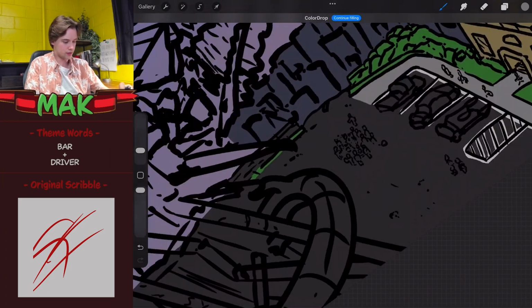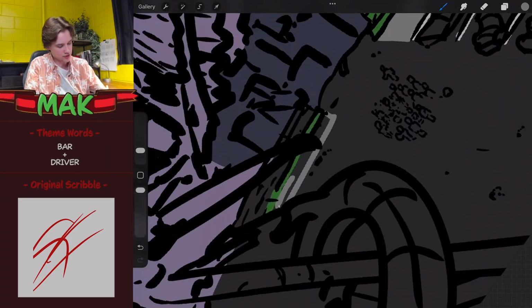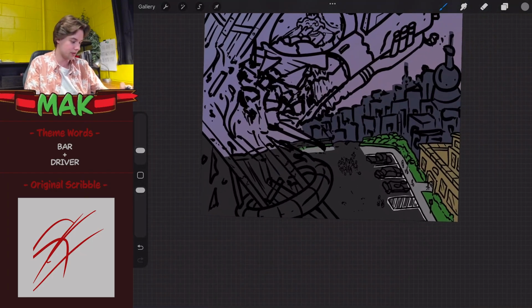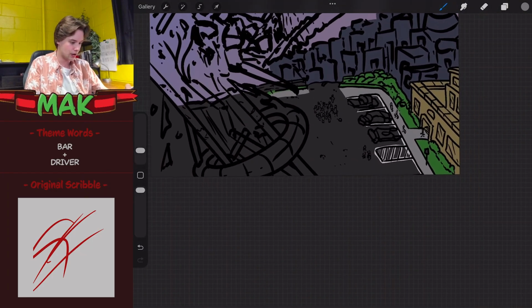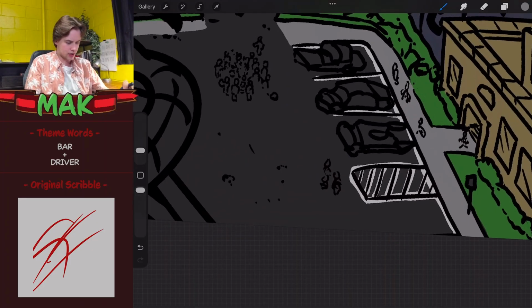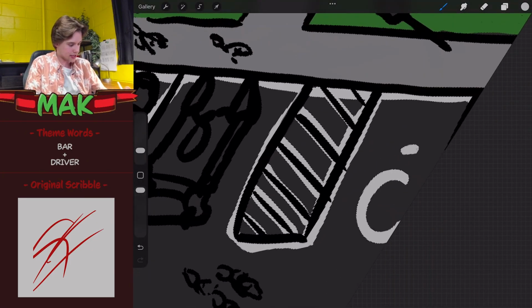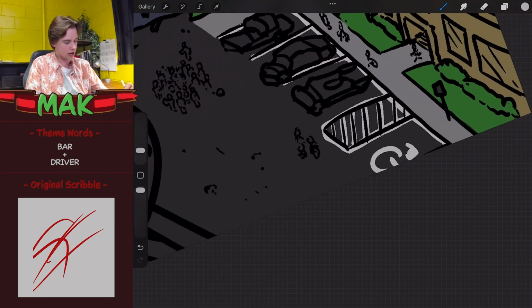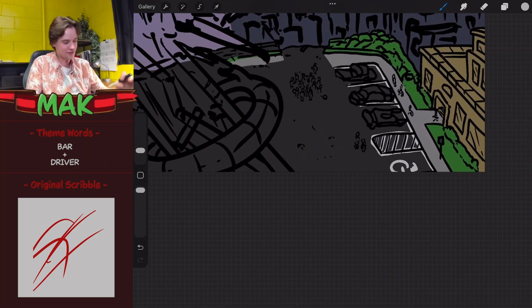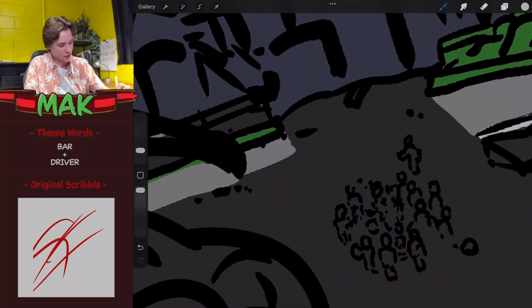Drag and drop. Perfect. And then over here, you know what? Let's throw a little sidewalk in here. I didn't draw a line for a sidewalk, but let's make a little sidewalk over there. We love that. Okay. And while we're at it, let's have some sort of sign come here. Something like that. I know that's not a handicap sign, but it gives the illusion of one. And then over here, let's have this